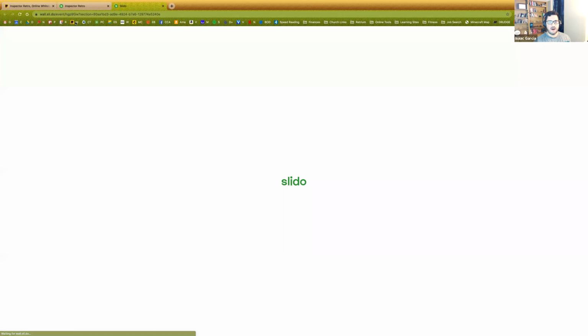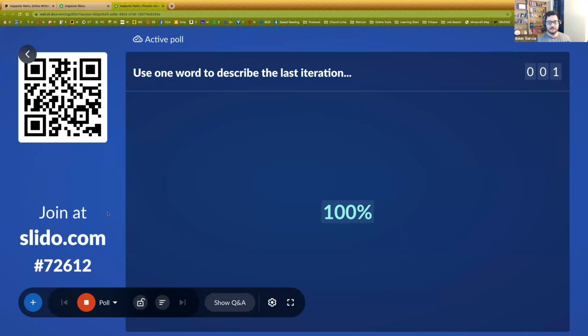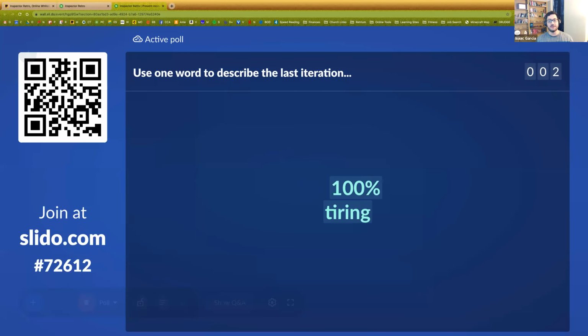It's one question that says, give me one word to describe the last iteration, right? And so what'll happen is if you're remote, and I had 500 people, then as people put in words, you would see this counter go up and you would see a literal word cloud appearing. One person said 100%, one person said tiring. What's great here, totally anonymous. You're not having John said tiring, Tim said 100%.